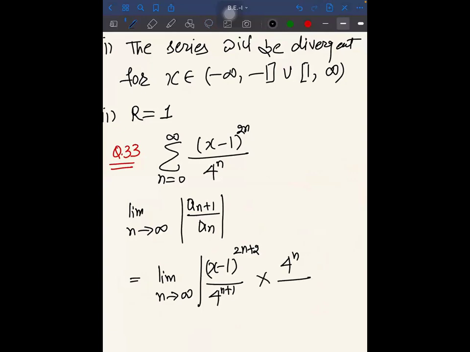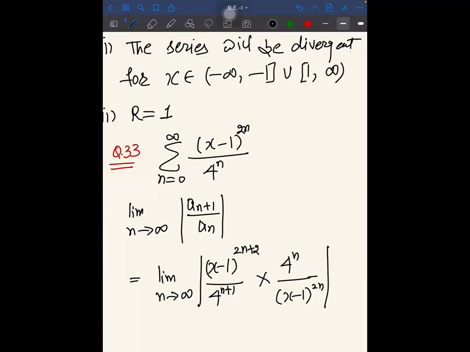Sir, I think it will be easier if we use the root test. If we use the root test, won't it become easy? No, it is not like that. You can use root as well. It is not necessary that it will become easier. Having n in the power does not always mean you must apply the root test. Most of the times, things can be solved by using the ratio test as well.